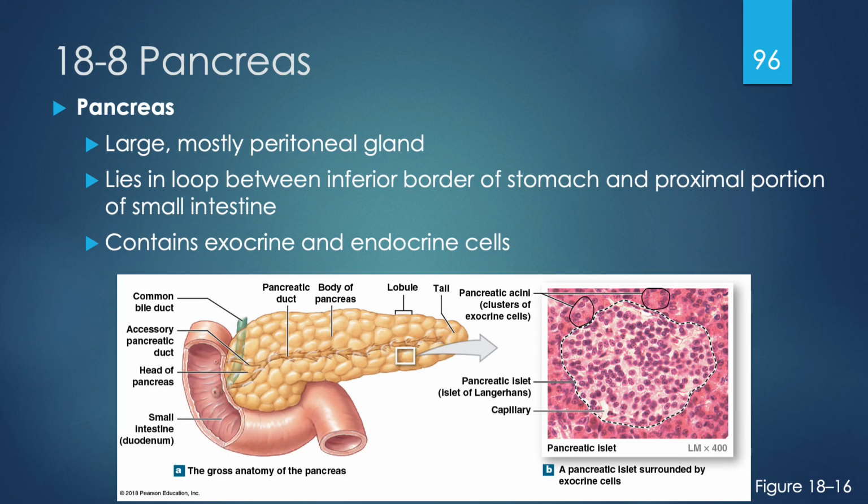The pancreas is a large and mostly peritoneal gland that has both exocrine and endocrine function. So again, endocrine function goes directly into the bloodstream, whereas exocrine function will secrete a product onto an epithelialized surface, usually a duct. So you can see here in the pancreas, looking at the image below on the left, that there's one main duct that's running horizontally here, and that is the pancreatic duct or the duct of Wirsung. And so that empties out into the duodenal body at the ampulla of Vater, which is the name for it,